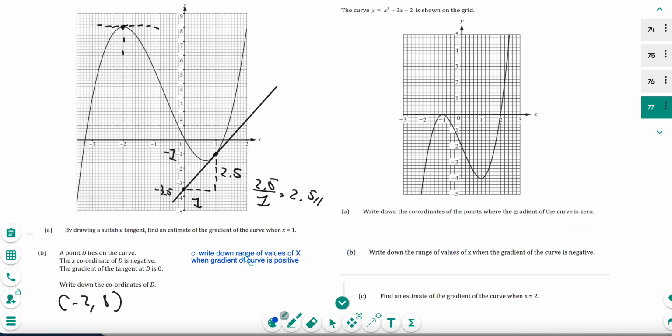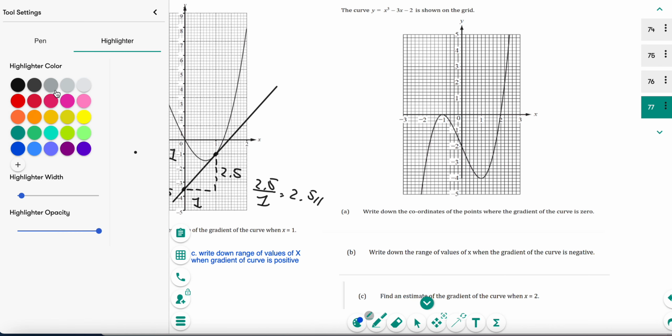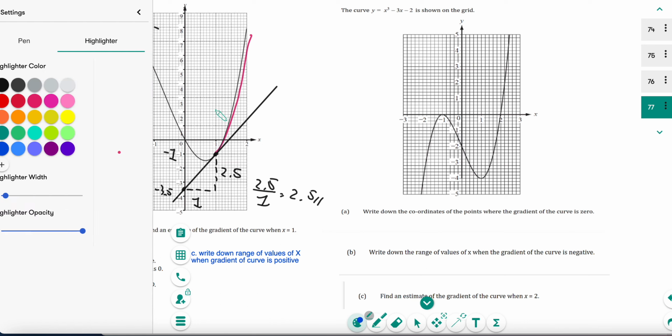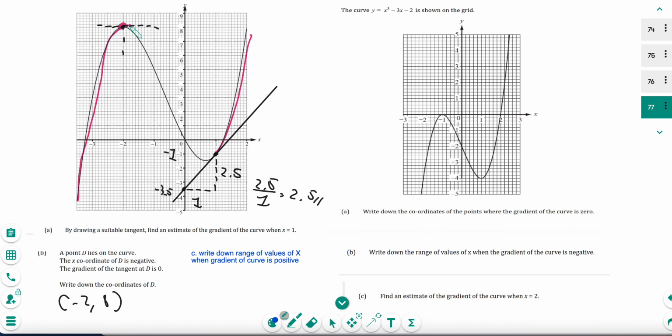Next, write down the range of values of x when the gradient is positive. So the gradient is going to be positive, negative, or 0. This point here has a gradient of 0. When it's going uphill, it's positive, like from here to here and here to here. And when it's going downhill, it's negative, like from here to here. So I'm trying to find the range of values of x where the gradient of the curve is positive. So I'm going to focus on the purple sections only. So I'm going to write some inequalities down. So for this section here,